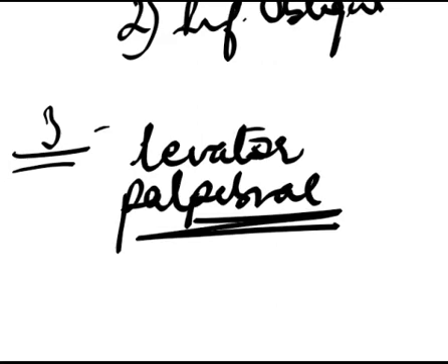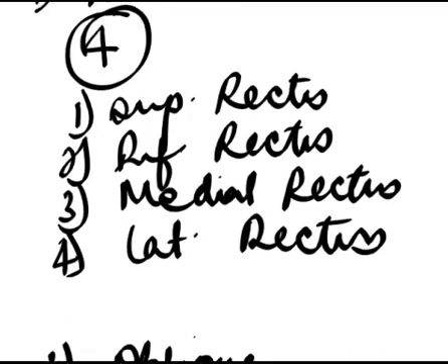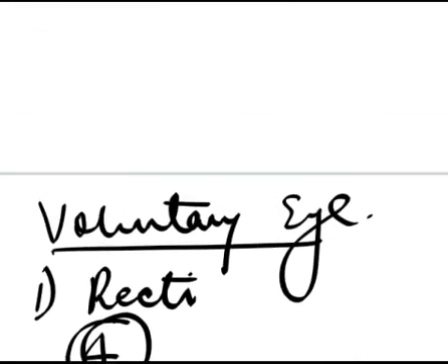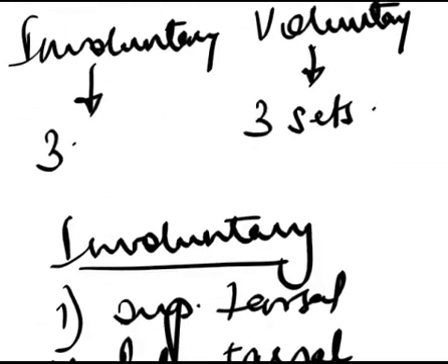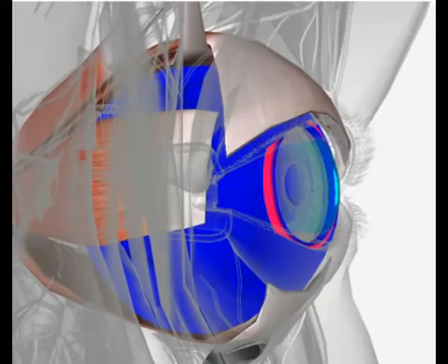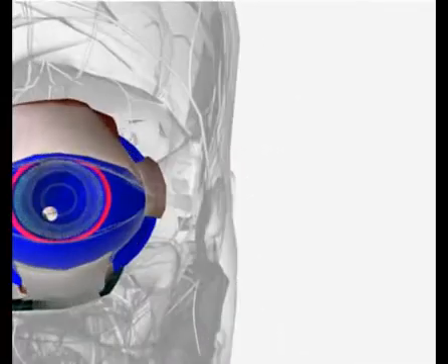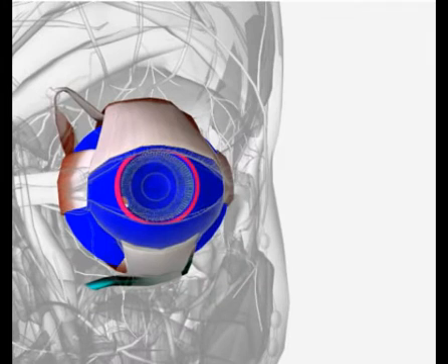So these are the total number of muscles that are contained in the extraocular muscles, and we'll discuss the origin and insertion of each one of them individually. So let's get started. Let's start studying the attachments of the extraocular muscles. This is your eye, and these are the attachments that you see. These are the extraocular muscles over here. So we'll discuss the origin and insertion of each muscle one by one, starting with the rectus muscle.